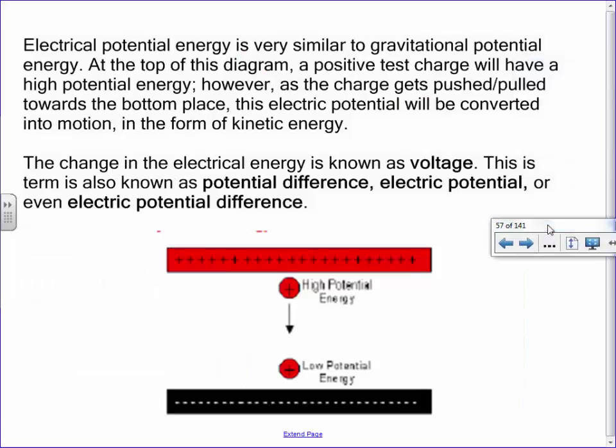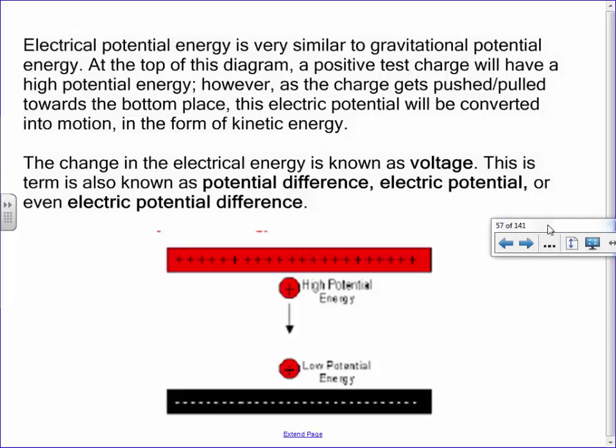Okay, so that's what I have to talk about in this next slide here. I don't want to read word for word what's on there, because you guys can do that, but really think of this similar to gravitational potential energy. There is a potential due to something just falling due to gravity. If you've got charged plates or charged objects, same thing happens, right? Anything charged will want to be repelled from one side and attracted to the other side.